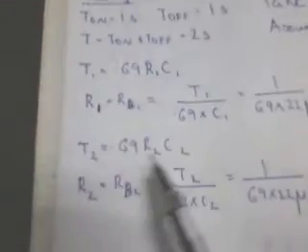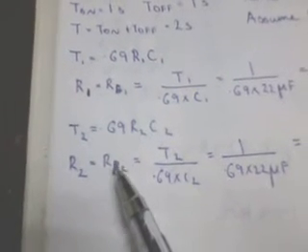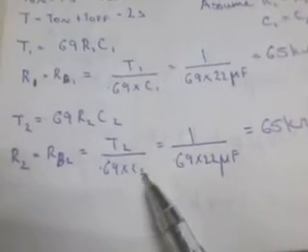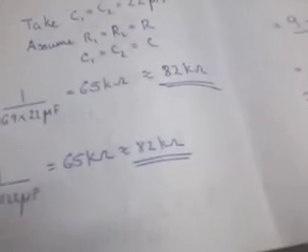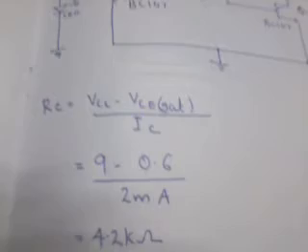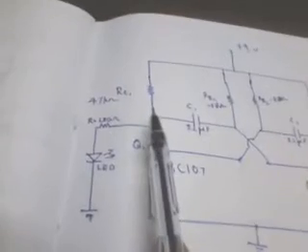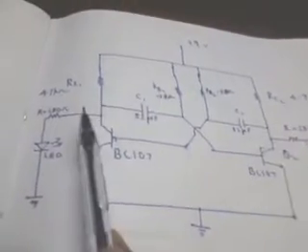Similarly we can find the T2 value. T2 is equal to 0.69 R2 into C2, and R2, which is nothing but RB2, the base resistor of transistor Q2, is equal to T2 by 0.69 C2, and it will also be equal to 82 kilo ohm. And this is the equation for finding the resistance value of the collector resistor RC for both the transistors Q1 and Q2,